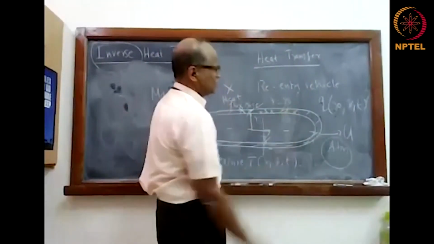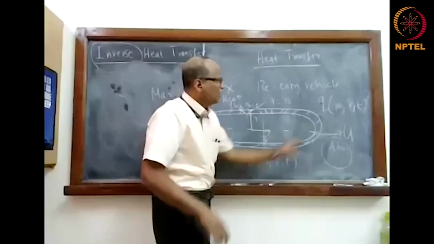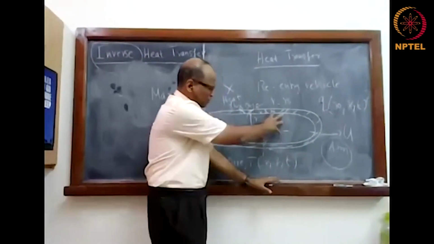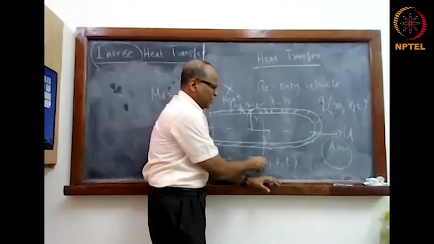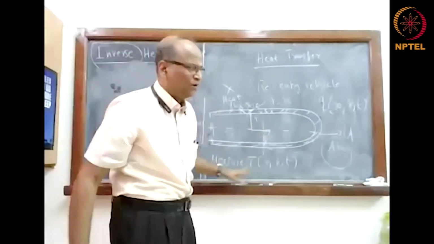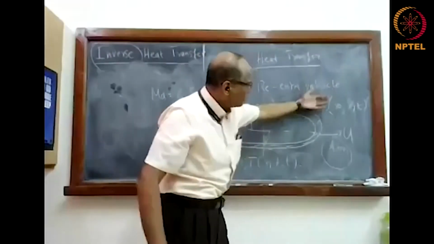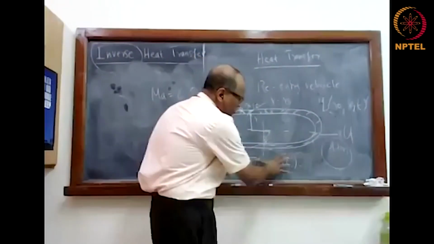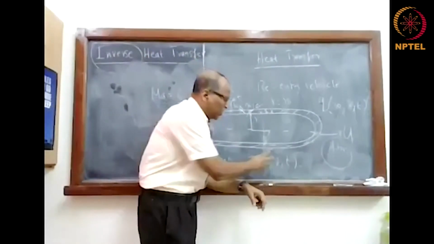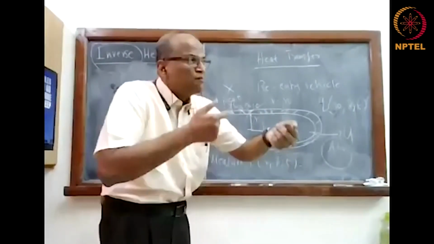So you solve the conduction problem, and then with these measurements, what you do fundamentally, I'll stop in a minute, is assume some distribution of q of r naught, z, t, solve the heat conduction problem, and predict the value of T of r, z, t and compare it with those values in which measurements are available. They won't agree because this is a guess value. Now change the guess value. Keep on changing the guess value till the difference between these two, either in a least square sense or something, is minimized. There is a minimization you are doing. So you're treating it as a minimization problem.